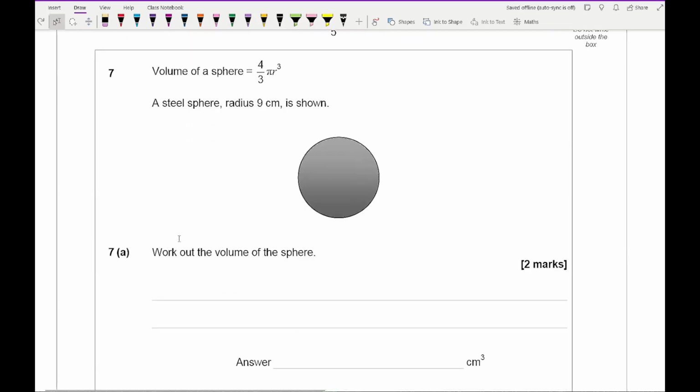Moving on to question 7, it says the volume of a sphere is 4/3 pi r cubed. A steel sphere has a radius of 9 centimeters as shown. Work out the volume of the sphere. So here we're going to do 4/3 times pi times 9 cubed. And again, if I type that straight into my calculator, again, try and use the fraction button where possible,